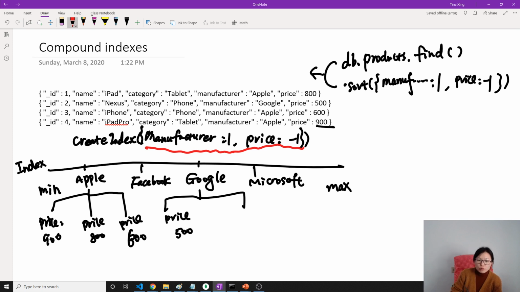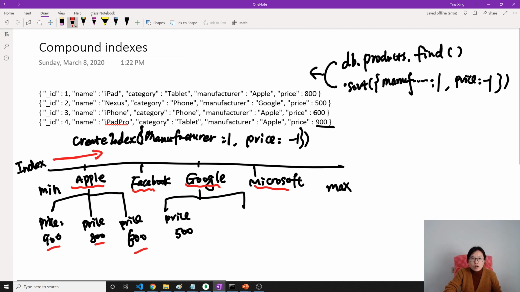And with which order? It just uses this order, which is the manufacturer ascending, then inside each manufacturer, the price is descending. Okay, and also if we have another query like this,